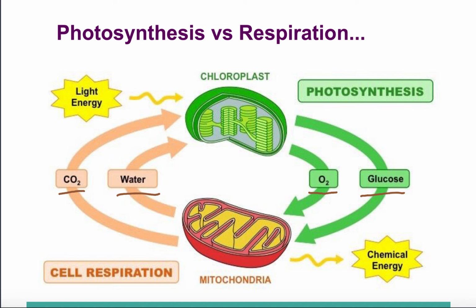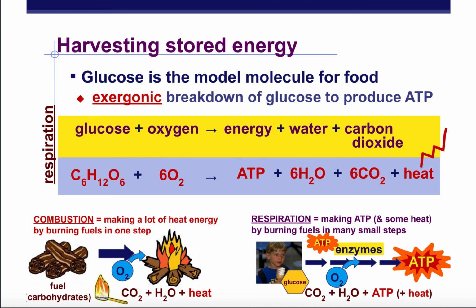or released in both. When it comes to energy in photosynthesis, that energy is coming from light, while in respiration, the energy that results is not light energy, it's ATP, a form of chemical energy. So the process of cellular respiration is, and we call it cellular respiration, not simply respiration, because